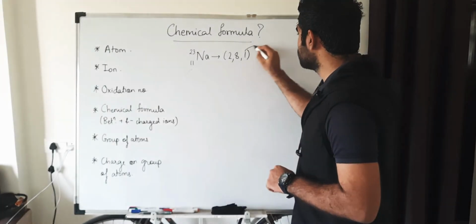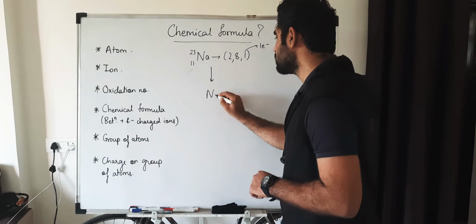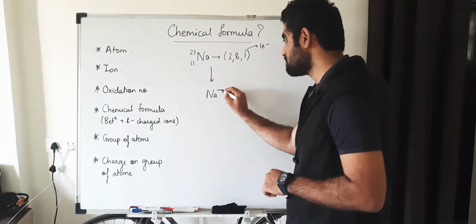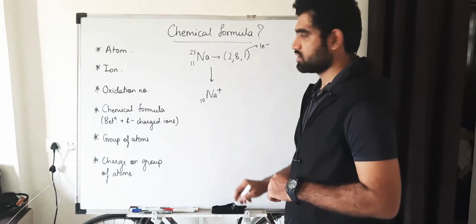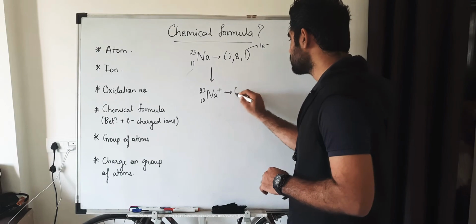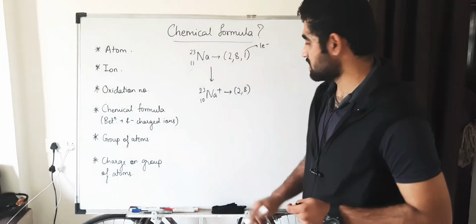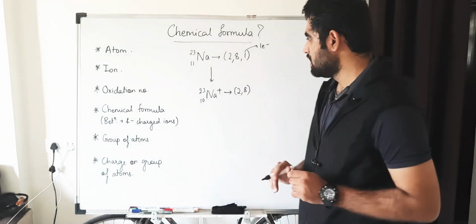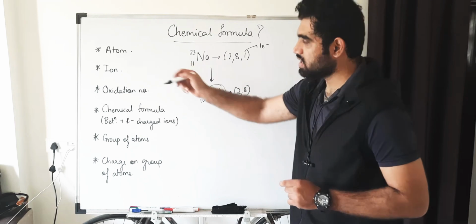Right? So donation of 1 electron is easy. So when it donates 1 electron, it results in formation of an ion, that is Na plus, or I can say charged atom having number of electrons 10 and 23 as its mass. Okay, electronic configuration turns to be 2, 8. Okay, so here you can see it has become stabilized. Its outermost shell is complete. Okay, so this you can see this is charged atom. Okay, that is what is called as ion.